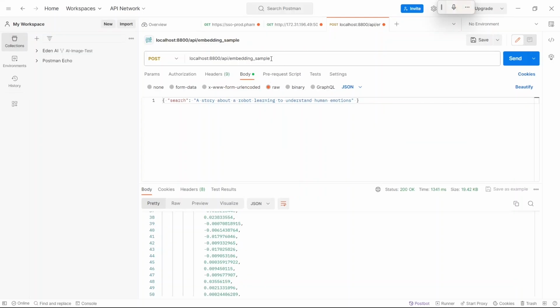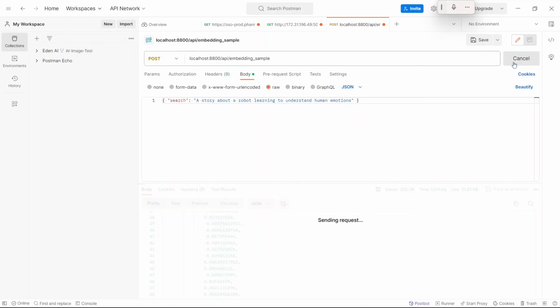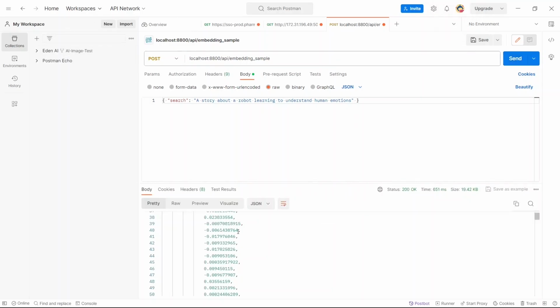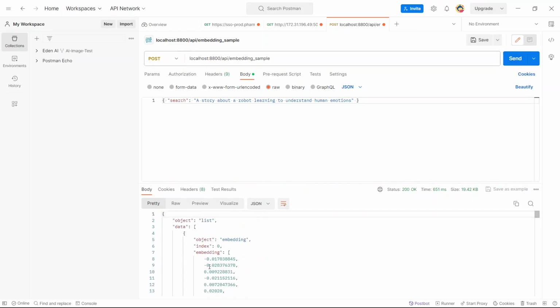And in this simple Postman here, I will do a simple call, and here we have the embedding information of this phrase that I wrote here. If I change the phrase to another information, of course the embedding will change, but that is the process, okay?